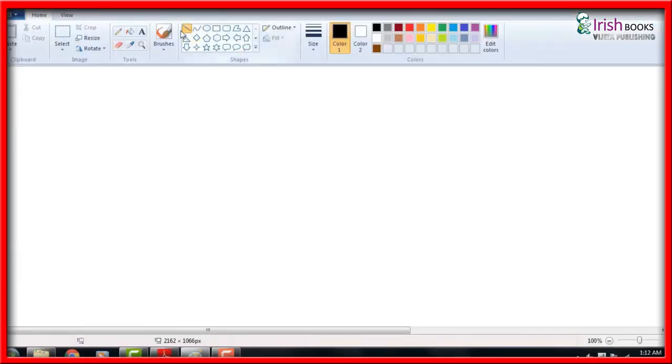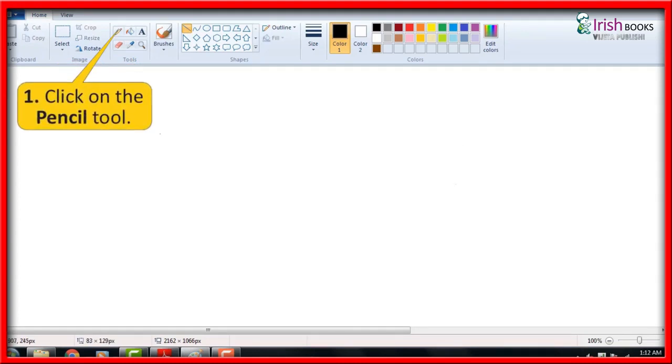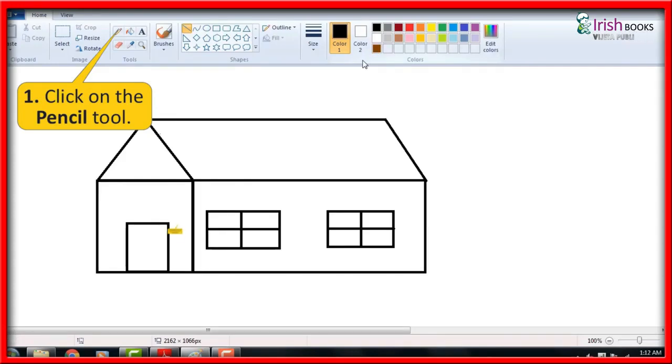Click on the pencil tool. Drag the mouse on the drawing area to draw grass.